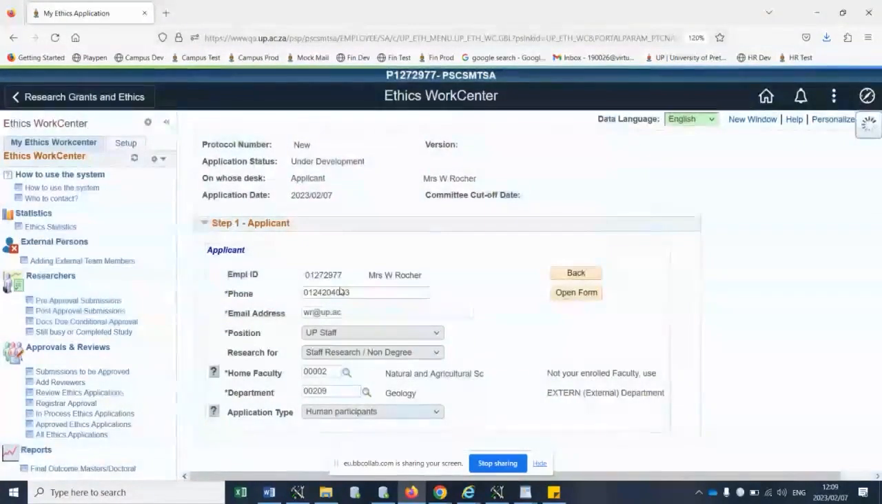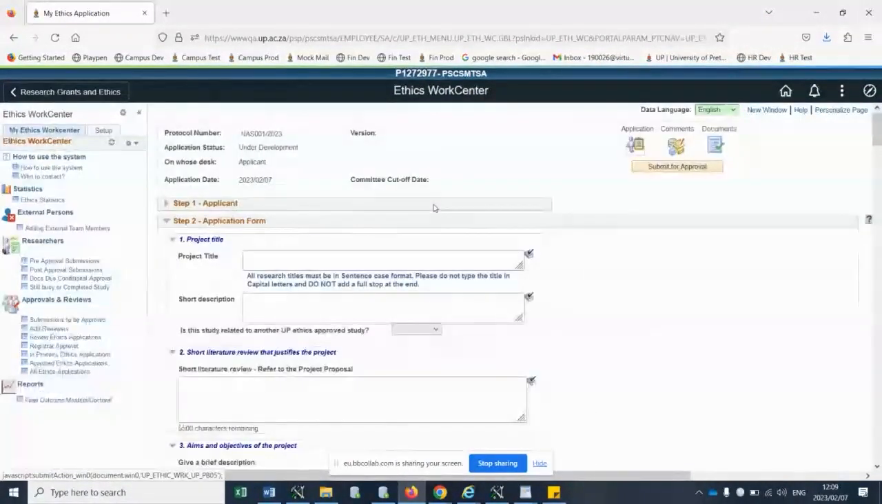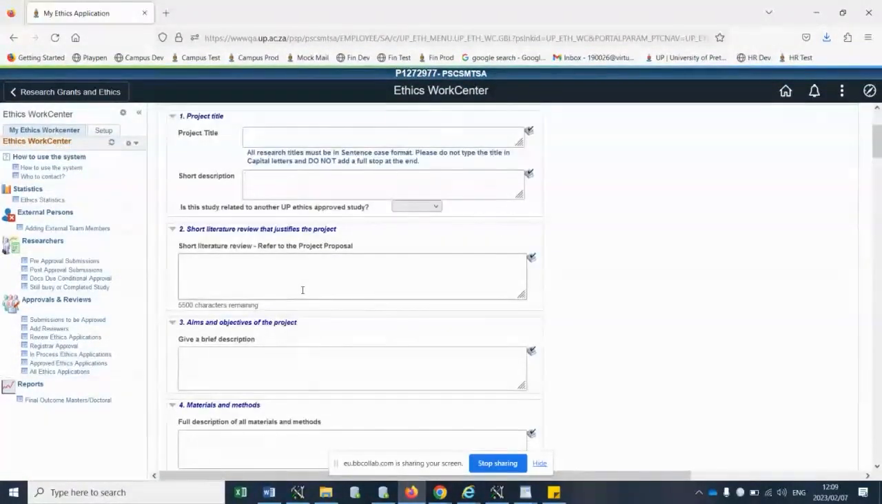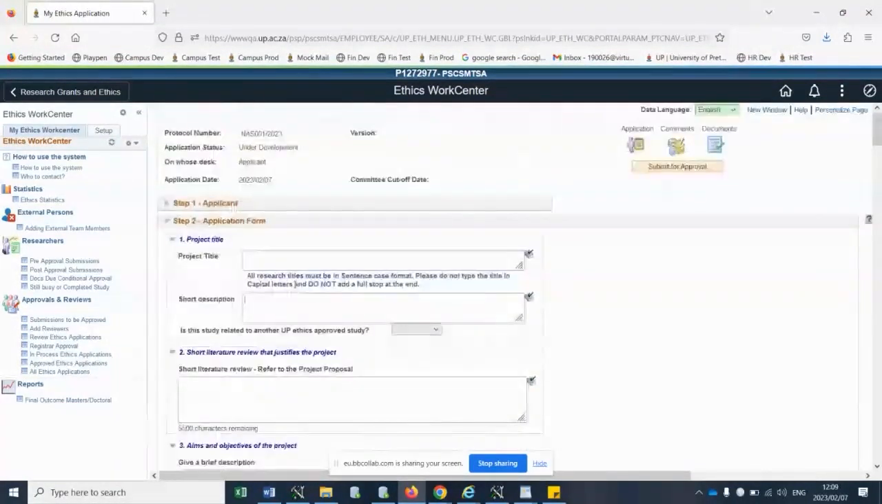Just ask if you want to submit an ethics application. You say yes. And this is your application. There's a project title, short description. I'm not going through all the fields. You can go through all the fields. It's quite a